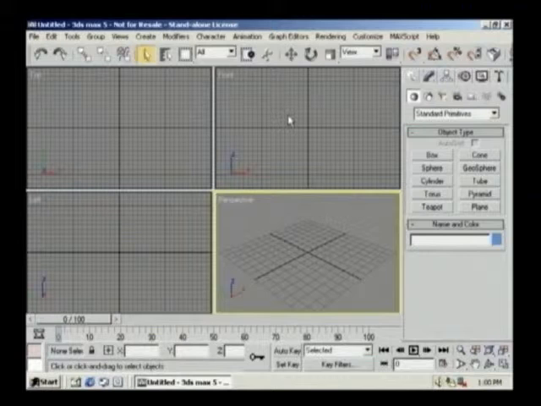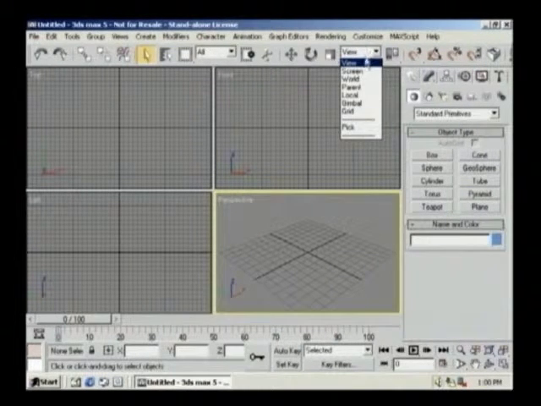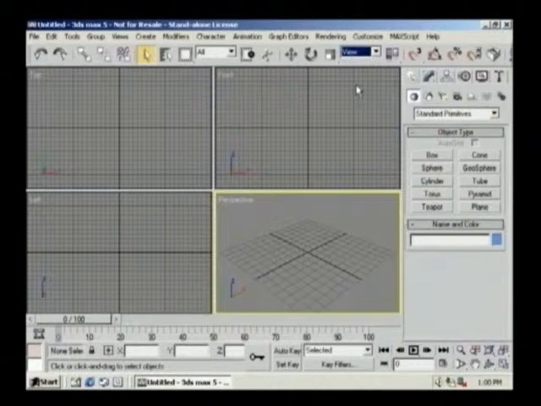This is definitely not a recommended screen resolution for 3ds Max 5. But you'll see along the toolbar, there are many different buttons and icons on this main toolbar, such things as the transformation tools, the selection tools, the render tools, the reference coordinate systems. And because of my resolution, and maybe yours too, depending upon what you have it set at, you might not be able to see every single tool